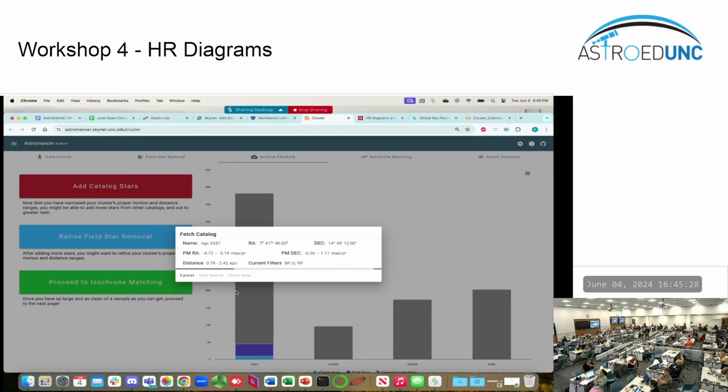We have a back-end catalog where we've already gone in and matched Gaia data to all of the photometric catalogs. So we have the distance or parallax and the proper motion values for all of the stars in all of those catalogs, and that's where these column heights come from, is because there are more stars in the Gaia catalog in this field and fewest in APASS, and because we're still at, Brian, DR9,